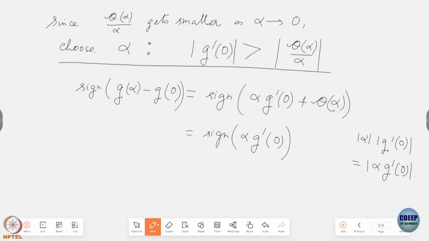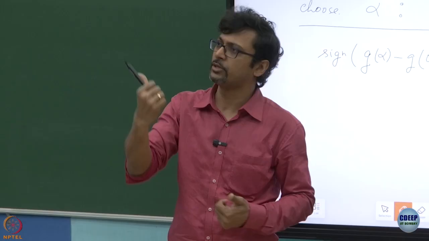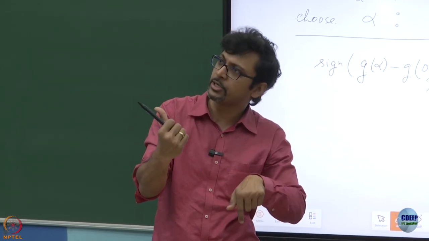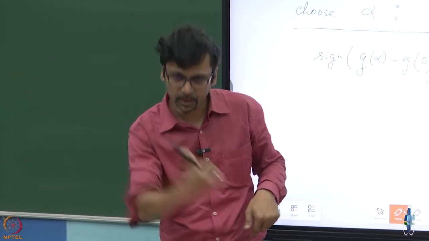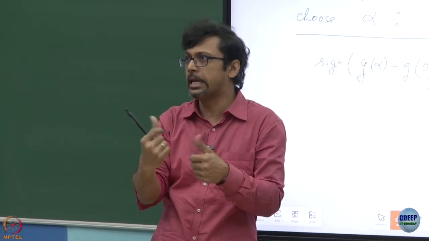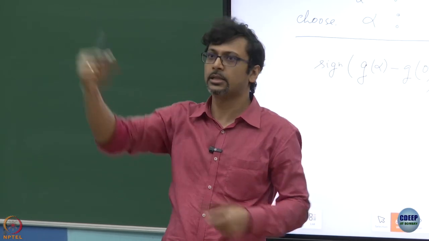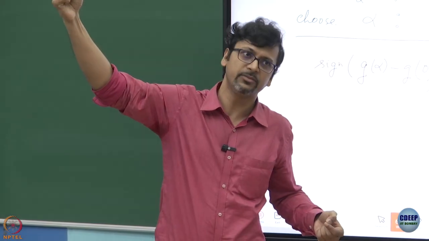We still don't know whether it is positive or negative, but it's nonetheless the same as this. But here is the catch. Have I restricted my alpha, in terms of its sign? Alpha could be any real number. If you have a direction V, for positive alpha, you're probably heading in one direction. For negative alpha, you're heading in the exact opposite direction. The direction specified by V extends in both directions. It's not a ray, it's a vector that extends along both the positive and the negative directions, right?